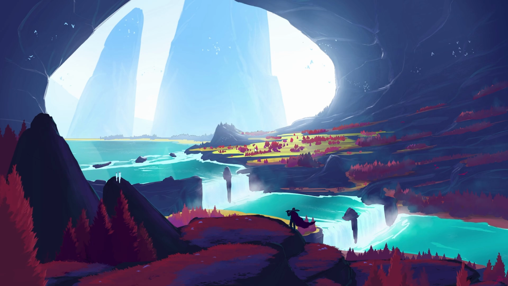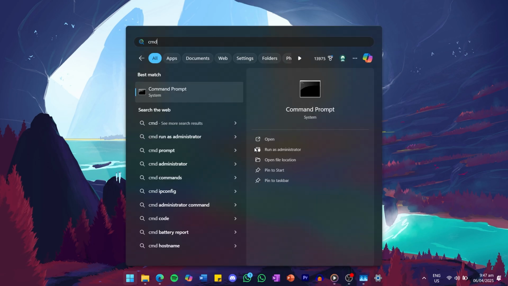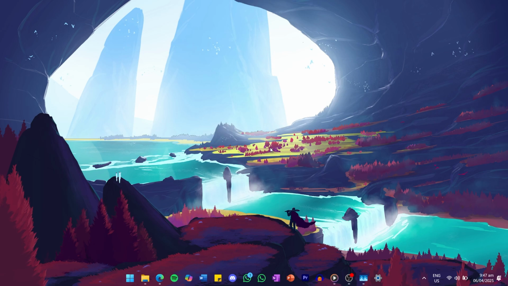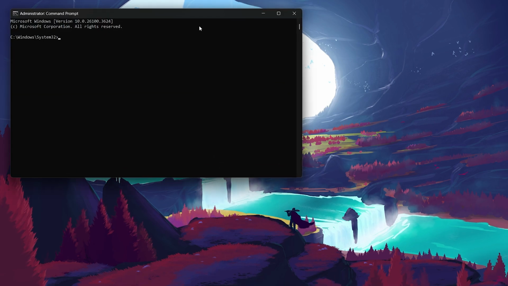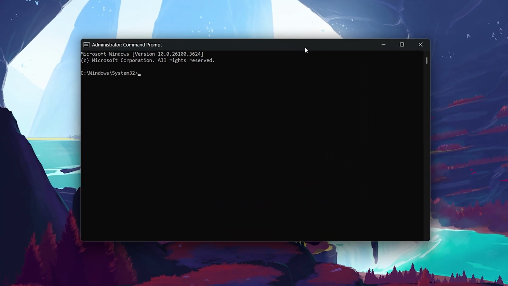If you're facing issues like slow internet, websites not loading, or network connectivity errors, using a few simple commands in the command prompt can help you fix the problems. First, open the command prompt. Search for CMD in your Start menu search and select the Run as Administrator option so the commands can execute properly. The first command we'll use is